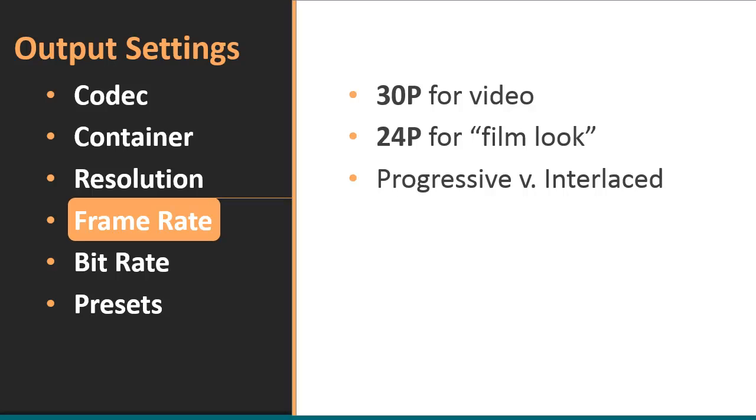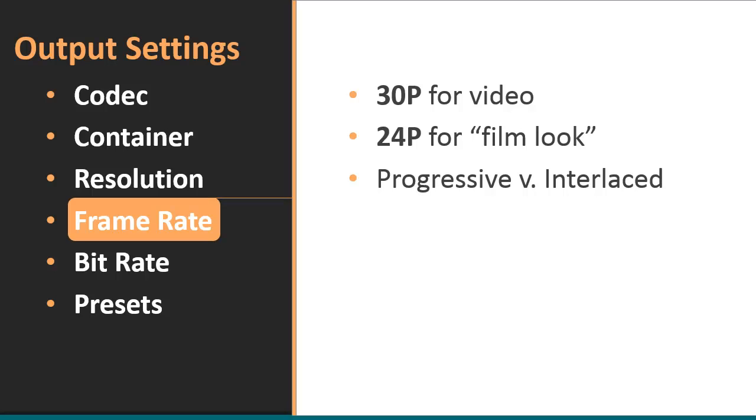In case you're wondering, the P stands for progressive scan, and this simply refers to how the lines of pixels on the screen are literally lit up. In the old days, the hardware that was inside a monitor wasn't strong enough or powerful enough to light up every single pixel at the same time, and so they would only change every other line. And they called that interlacing, and we don't have to worry about that thankfully anymore. Some of your older cameras might still shoot in interlaced video, and it is possible to de-interlace that footage, but for most of us using our phones and our iPads and more recent DV cameras, we don't have to worry about that anymore, and that's a very, very good thing.